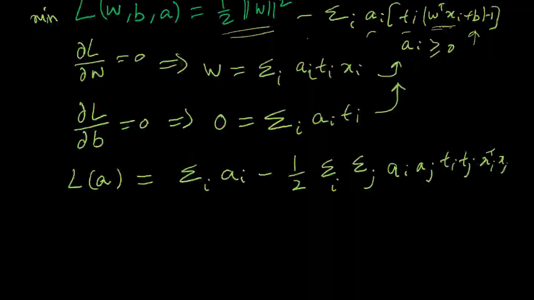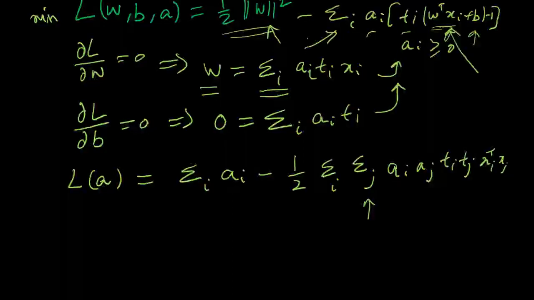Now, where do we get the j from, right? There was no j earlier. So what you can see is that the value of the weight has one summation running over all the training points. When we plug it back in here, it is going to be a summation over all training points, and we have another summation over all training points. So we will get two summations, and they will have two separate indices. One is i, the other is j. That's how we get the summation over i and the summation over j. If you can derive it on your own, it's not that difficult.